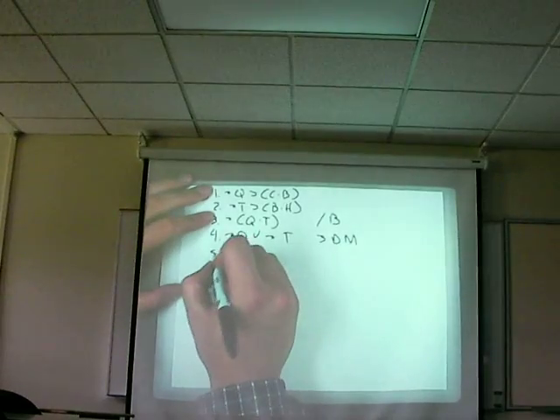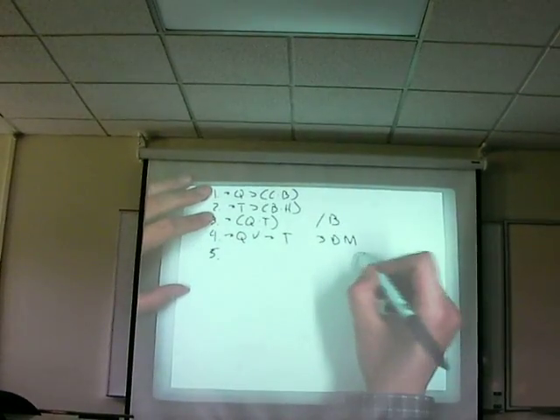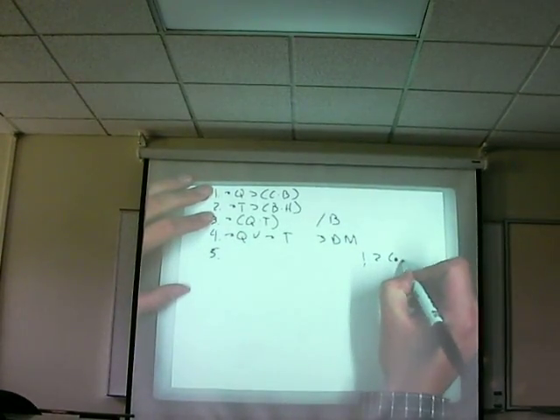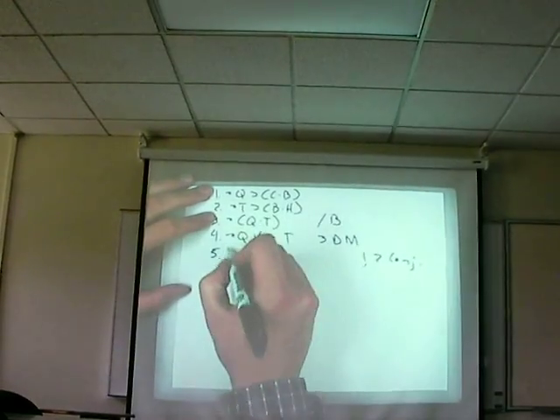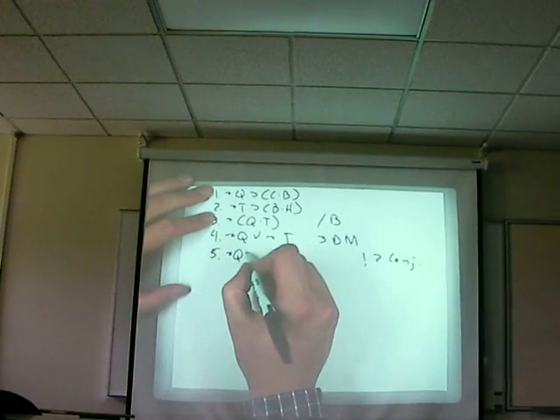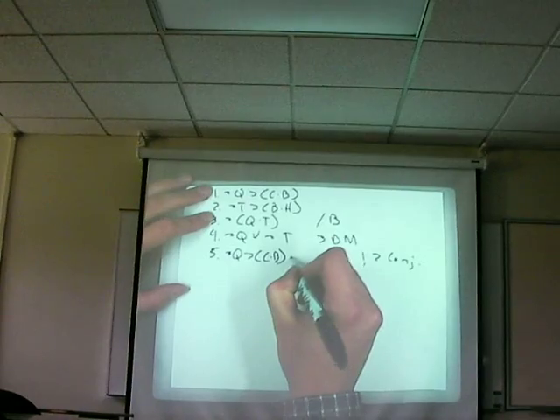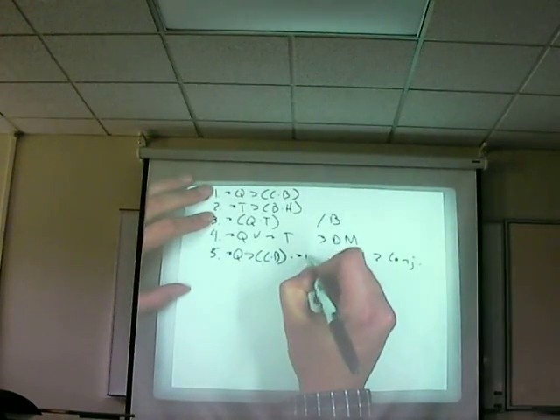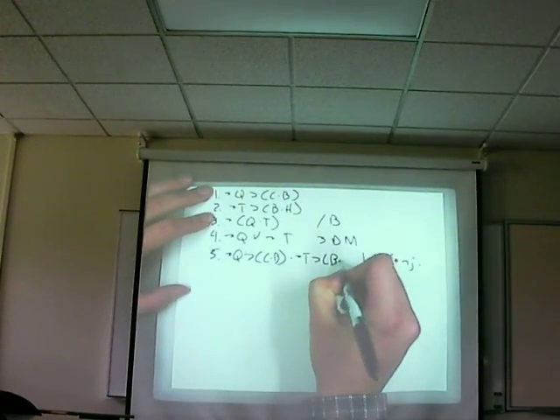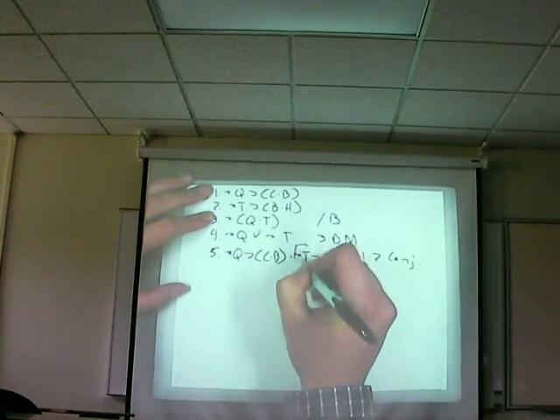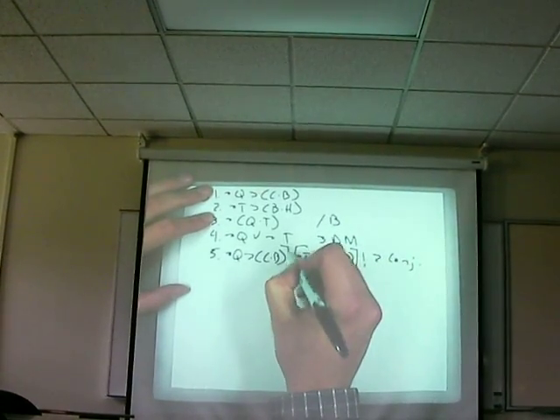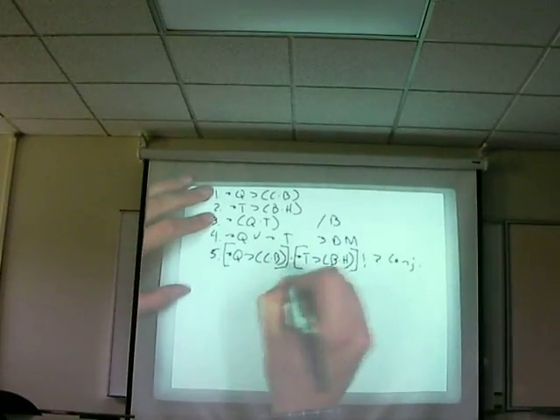So that'll be my next move here for line number 5. 1 and 2 conjunction, smashing the 2 together with a dot. And of course this will involve brackets to clearly identify the dot as the main operator. So not Q, horseshoe, C and B. And now line number 2, not T, horseshoe, B and H. And of course I need to put the 2 lines respectively in brackets to again clearly identify that dot as